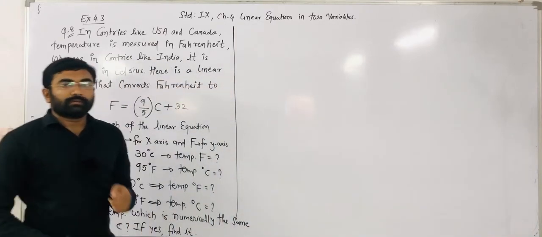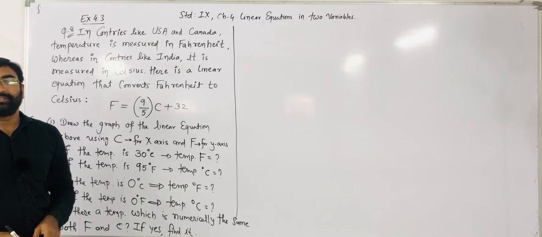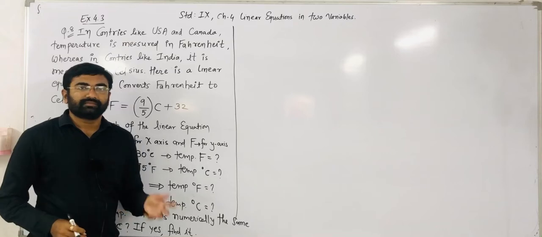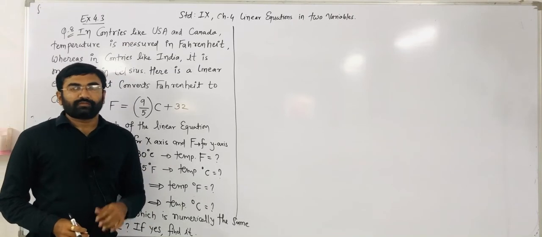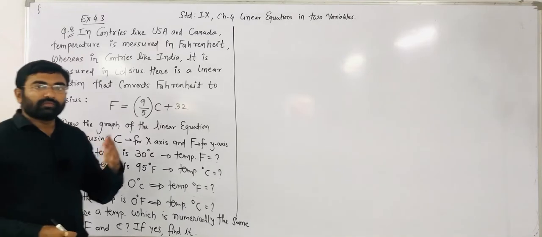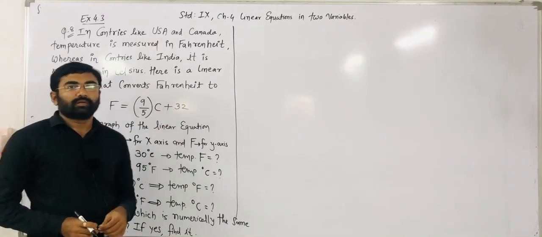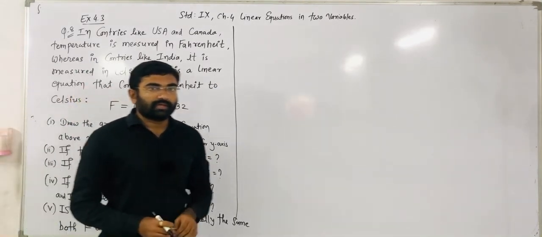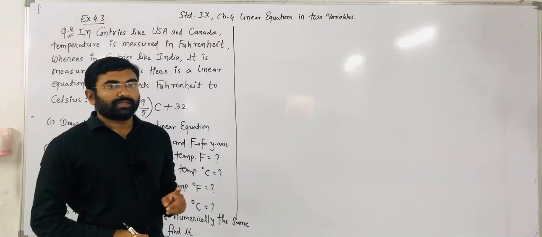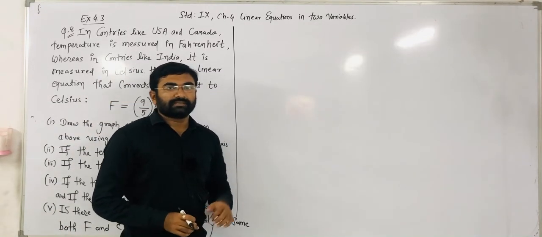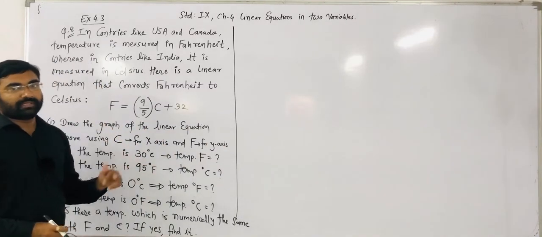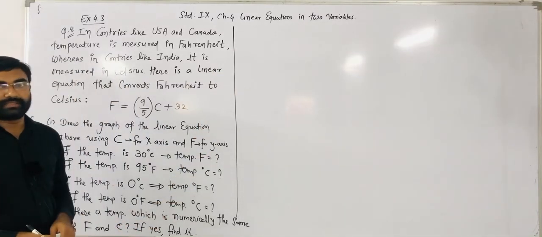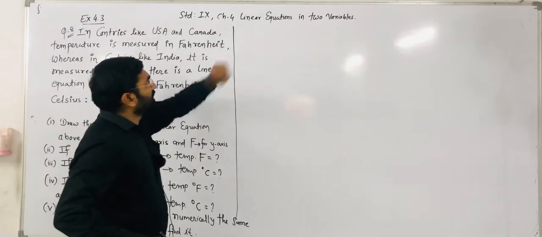Now, in our previous video, where we solved exercise 4.3, questions 1 to 7, we drew the graph of the given linear equation. For drawing the graph of a linear equation, first of all we write the equation with one of the variables as the main term, because there are two variables in an equation. Then we take different values of x and make a table, and from the table we define the ordered pairs. We plot those ordered pairs on a graph and join the points. So we get a straight line for the linear equation, right?